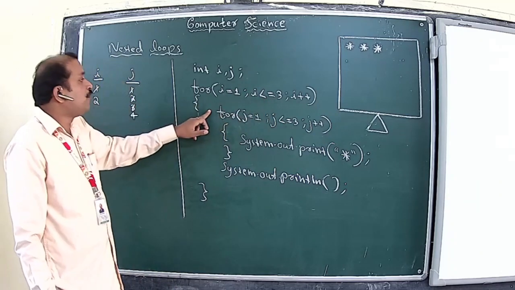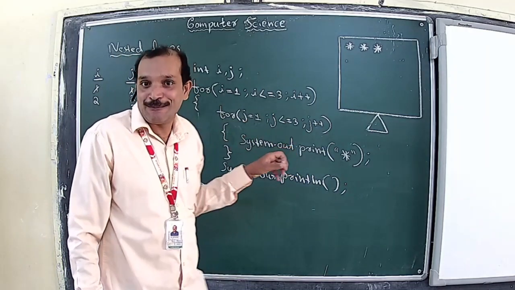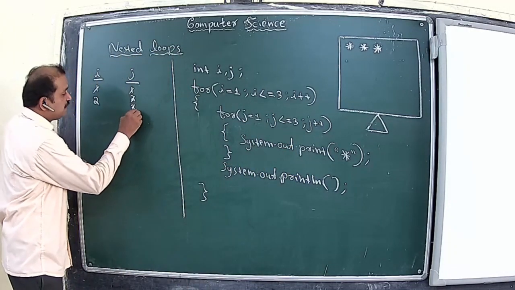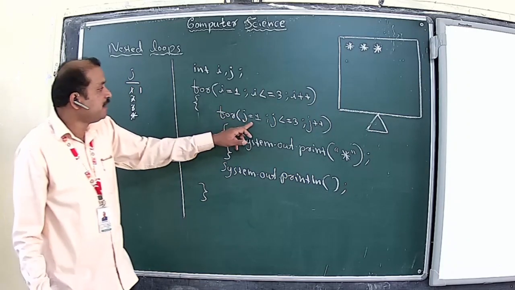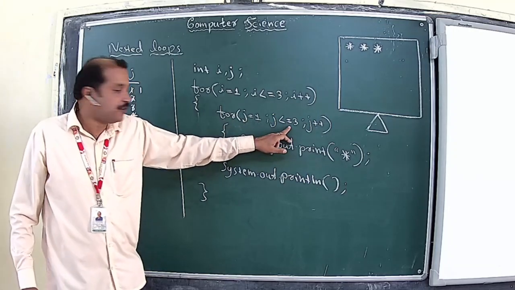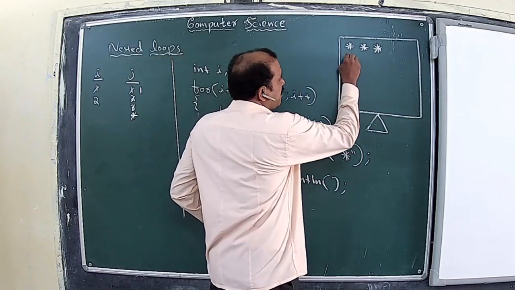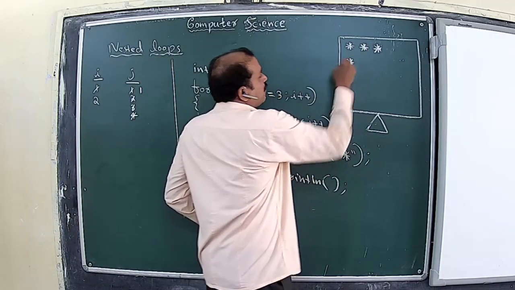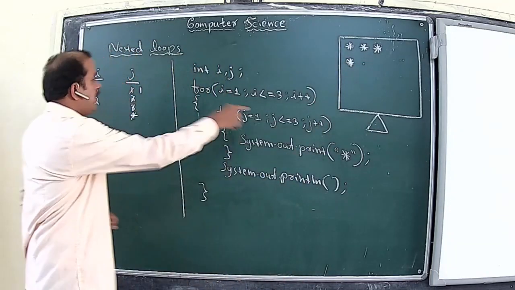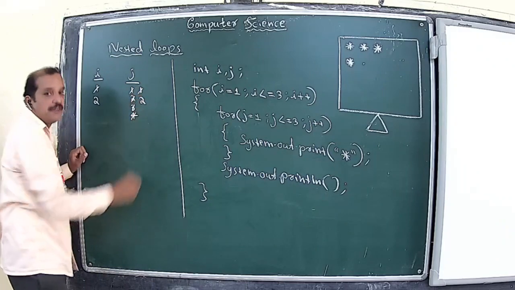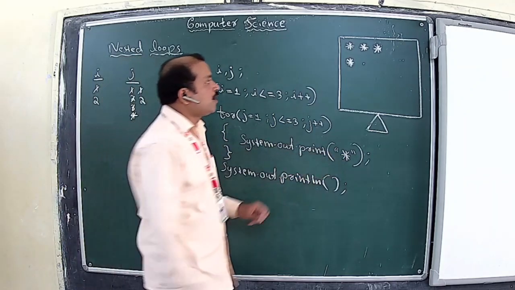Therefore, once again it will come to the loop body and the inner loop will start executing for a second time. And therefore, the value of j will be reinitialized to 1. Alright, j equal to 1. Again j is less than or equal to 3. Then System.out.print star. So another star will be printed and the cursor will stay on the same line, and again j plus plus. We will proceed a little faster. Again this expression is true. Therefore, another star will be printed.